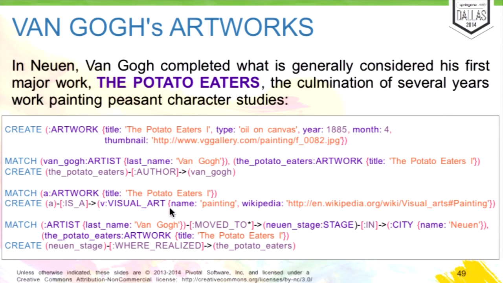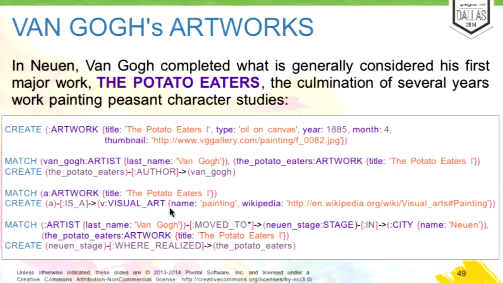And of course, I also added the artworks he painted. I was actually interested not only in tracking the artworks he painted, but also where he painted those artworks. So for example, we can retrieve and understand where he painted his first famous artwork, called The Potato Eaters, with this CYPHER query.